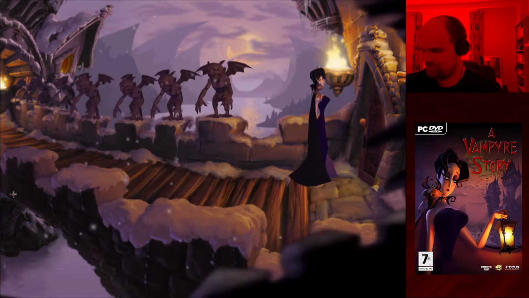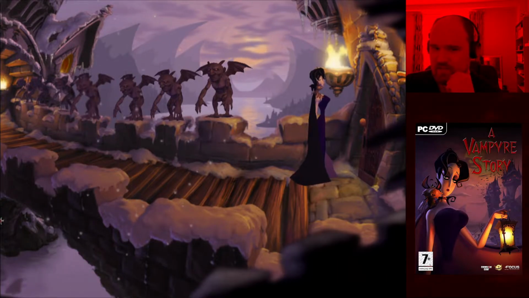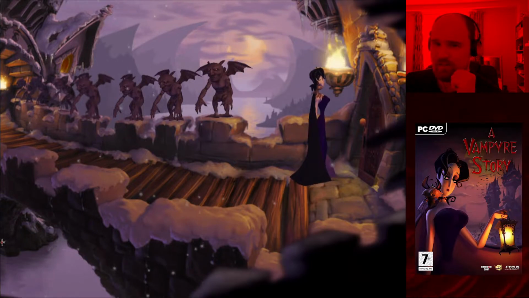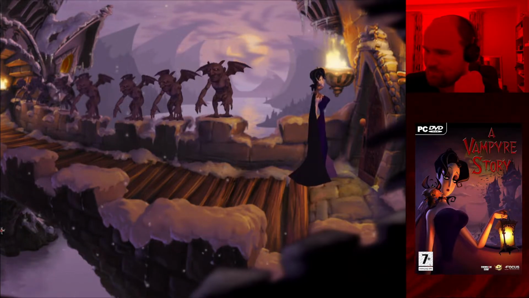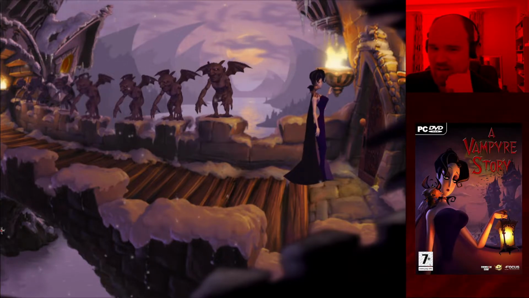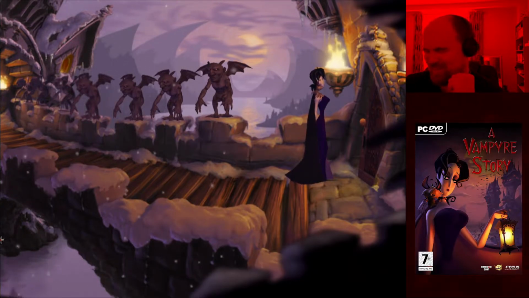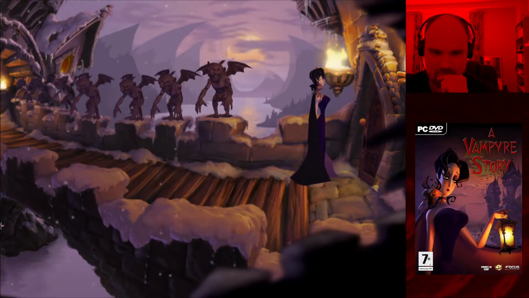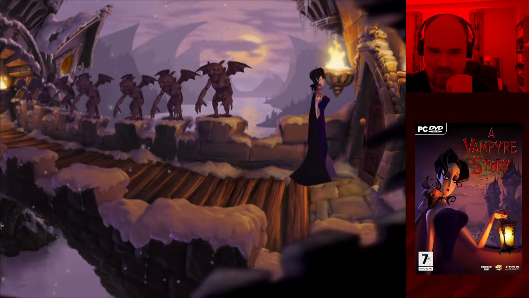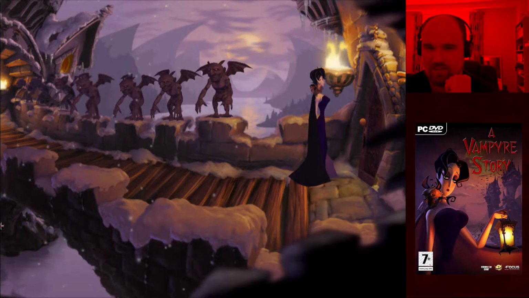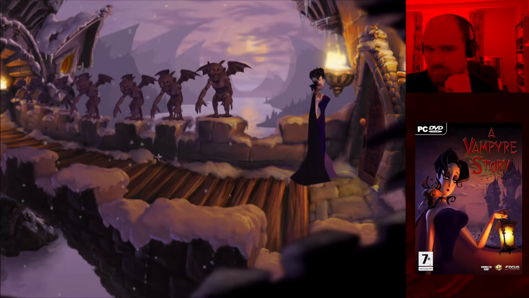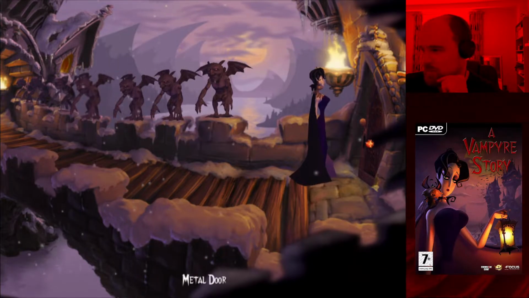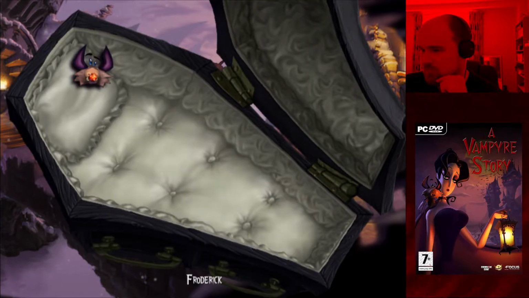Right, so apparently you are a vampire's bride who is in denial about being a vampire and also is kind of stuck in a toxic relationship. Hang on, let me just... This is a loud ass game. Holy shit. Okay. So we can interact with the environment. So we got right-click to access your inventory.